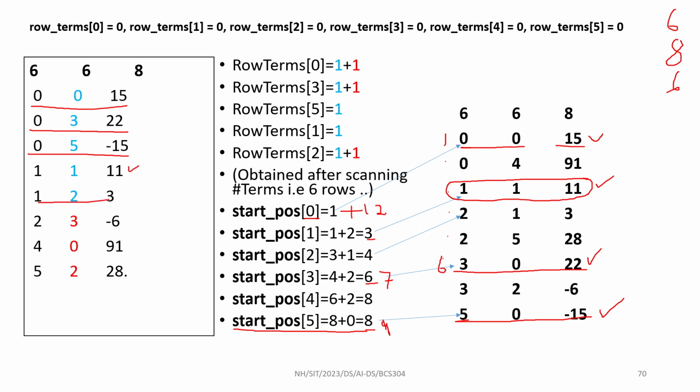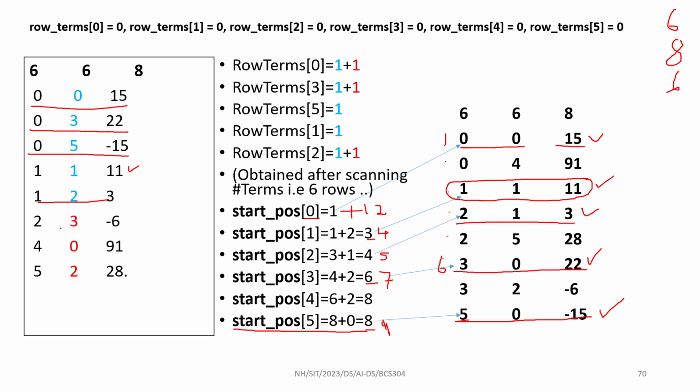Next, starting position is 2. Starting position of 2 is 4. In this position you put it, no entries there. Now this is also incremented to 1, that is 5. This is incremented to 4. Next value,